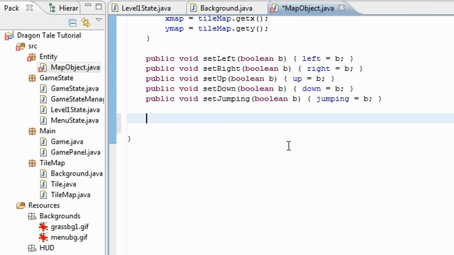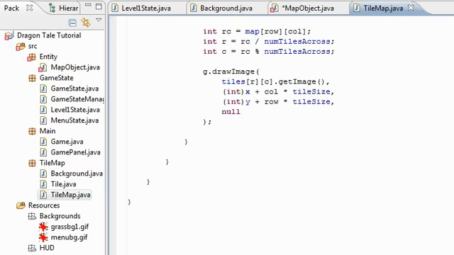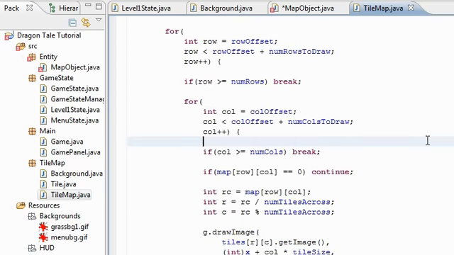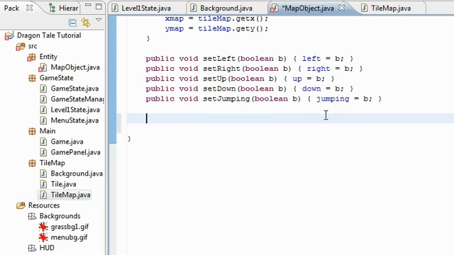Oh, I have one more function that's very important. Just like the tile map, where when we draw the tile map, we don't draw the entire tile map every single time. We only draw the tiles that are necessary. Again, with MapObject, we don't want to have to draw map objects that are not even on the screen. There's no point. So this function is going to return a boolean, true or false, whether or not the object is actually on the screen. We're going to use this to determine whether or not we have to draw the object at all. So on screen,